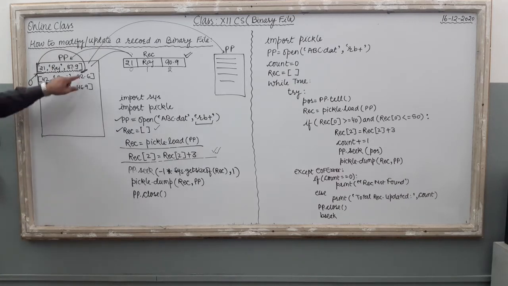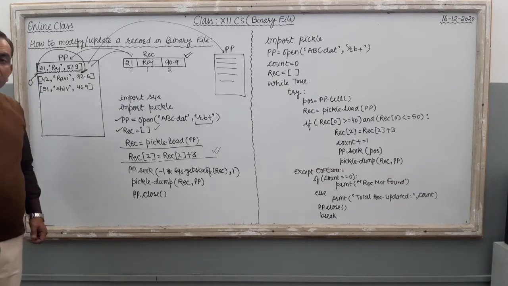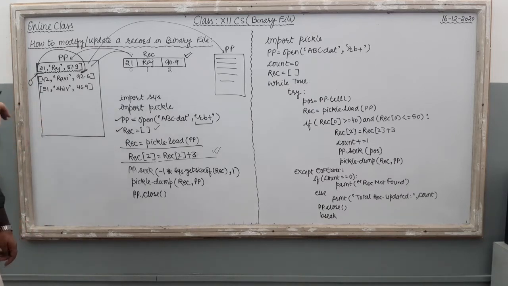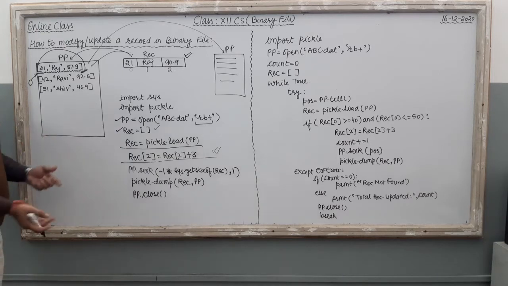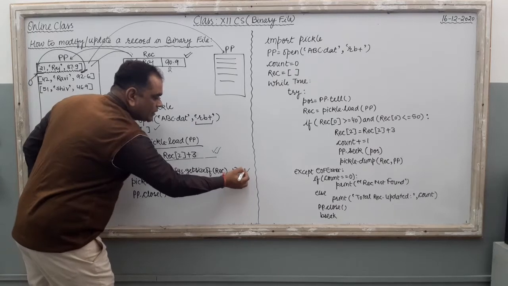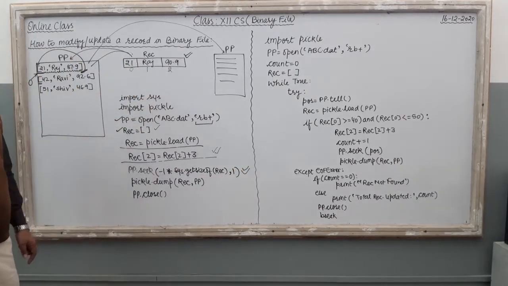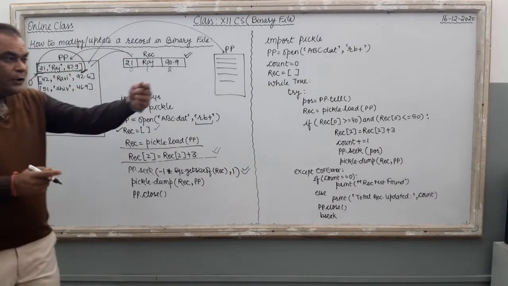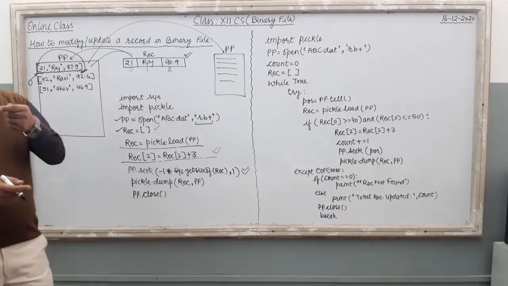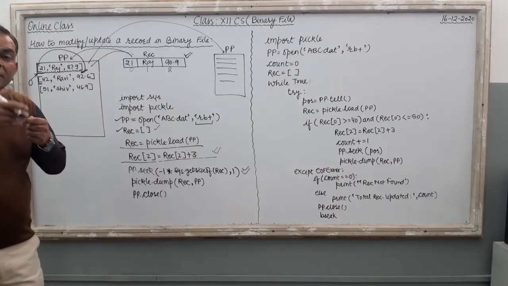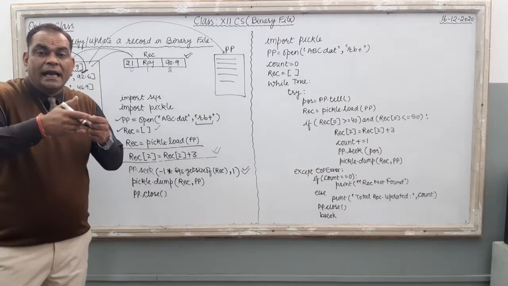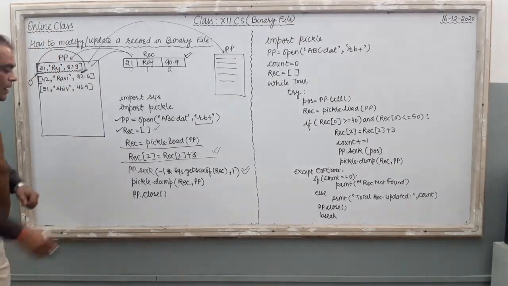Very first work, you have to move the cursor back, right? When your cursor is here, only if you shift the cursor back can you write the record at the same position. So by which command do we move the cursor from the last to the beginning? Just see the command. It is a compulsory command, students. For modification, for updation, you have to shift the file pointer back to the same position where the specific record begins. Clear? So here, what is the command?